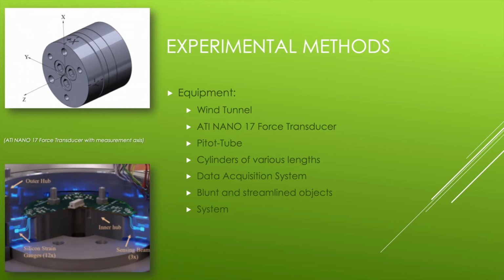The pitot tube measured the fluid flow velocity. The cylinders of various lengths were used to find the minimum distance from the wall where the 3D effects are negligible. The data acquisition system was used to find the mean flow velocity, and the blunt and streamlined objects were the objects being used to compare the resulting forces,